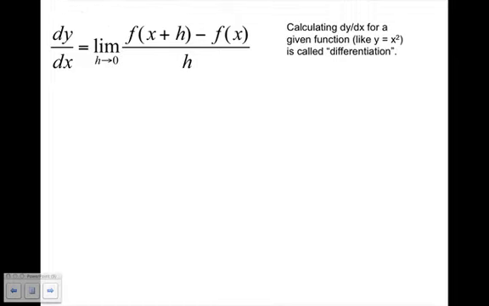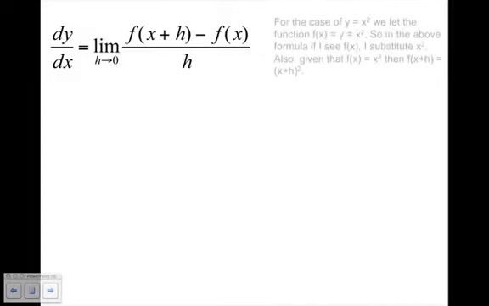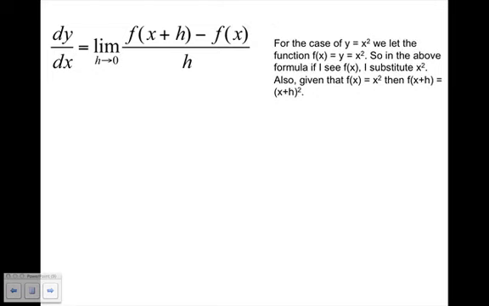Okay, so we've already generated a formula to enable us to differentiate by first principles. And now we're going to try a specific example and calculate the gradient function, which we're going to call dy/dx, or dy by dx, for a particular function. And we're going to use y equals x squared. And the process we're going through, often referred to as differentiation, is a word you're going to become familiar with increasingly